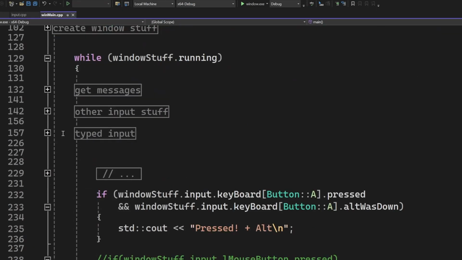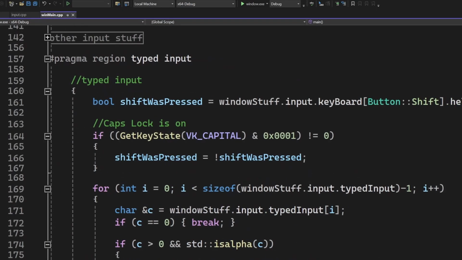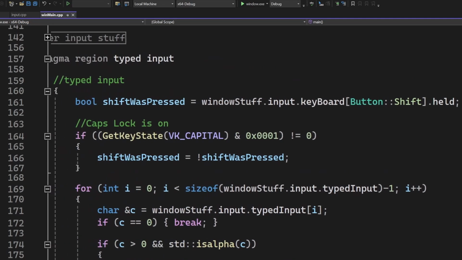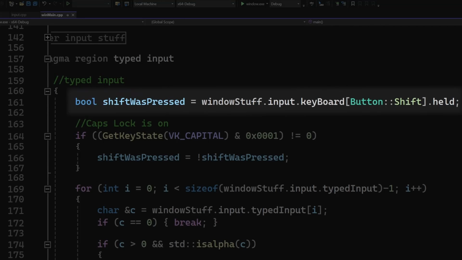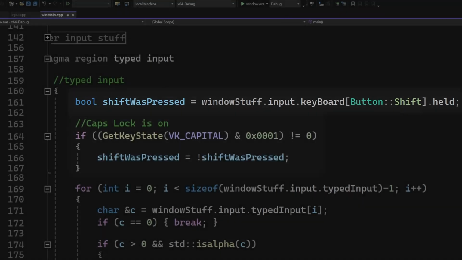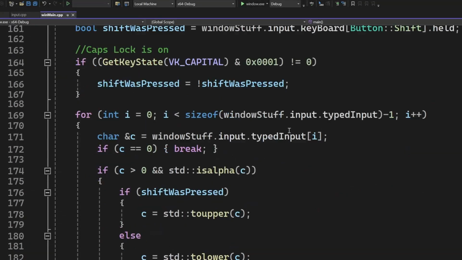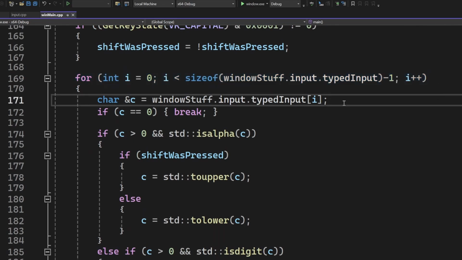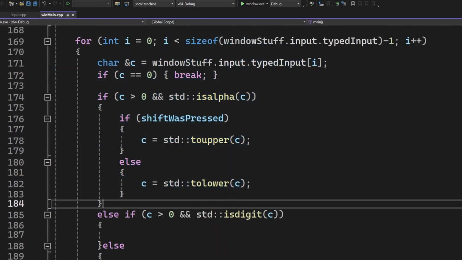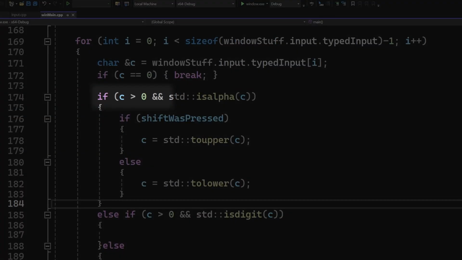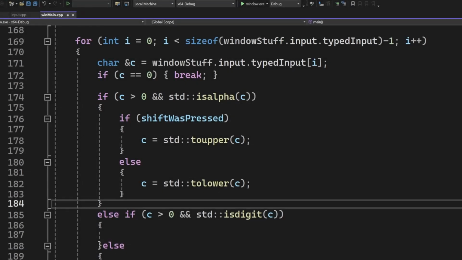Now we will have a post-process step. I chose to have it outside the WinProp, but you can also have it in place, where you got the input directly. So we check if shift was pressed, so we can have big or small letters. I also use this code to check if caps lock is toggled, and if so, I flip the shift state. Now we iterate through all of the characters. If the character is a letter, we just set it to be upper or lower according to the shift state. Note that we need to check if it is greater than 0 here, because unfortunately, this alpha check will just crash your program if you give it negative numbers.